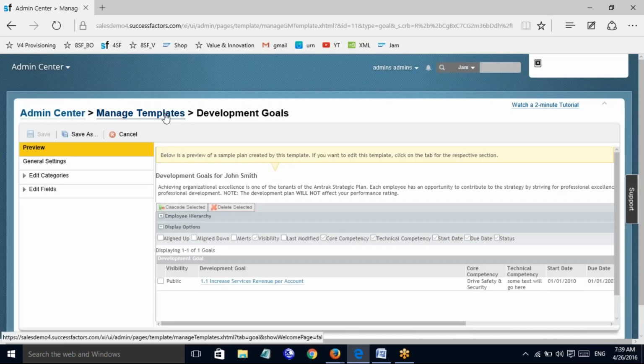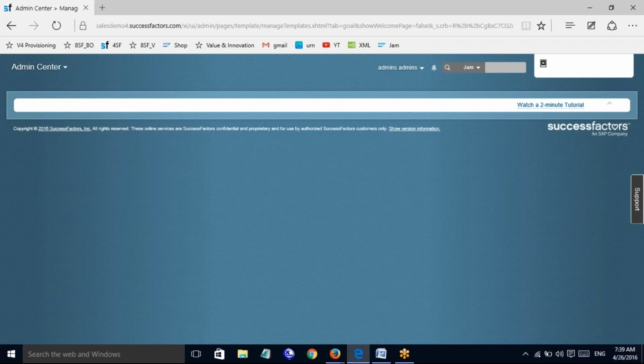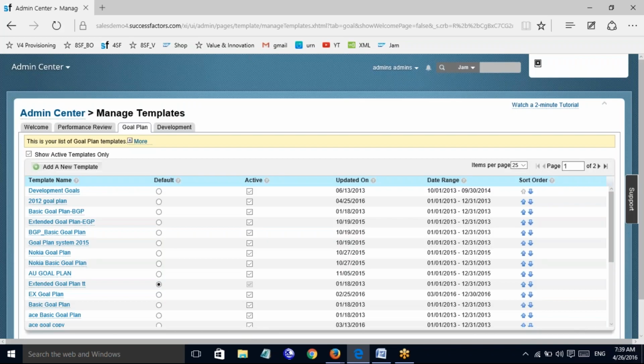This is how the system recommends creating a new goal plan template from an existing goal plan template before you start working with your goal template.